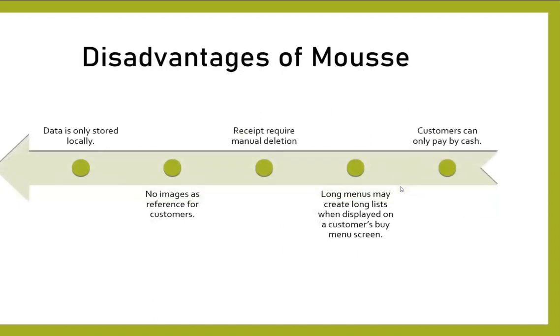Next, we'll go on to the disadvantages of Mousse. The disadvantage is that the data is only stored locally, not through the cloud. Next, there are no images as reference for the customer, so customers won't be able to see real images of the food they will receive. Next, the receipt requires manual deletion. Next, a long menu may create long lists when displayed on the customer's screen